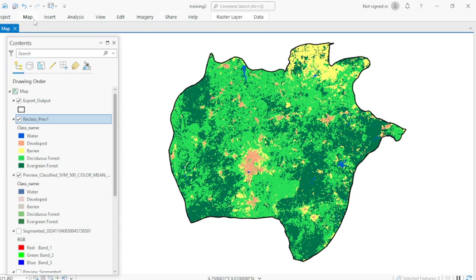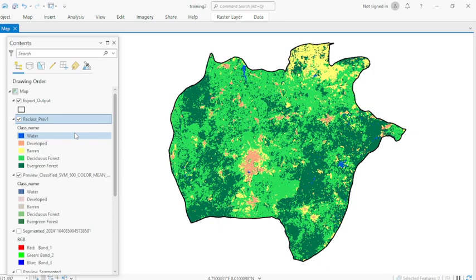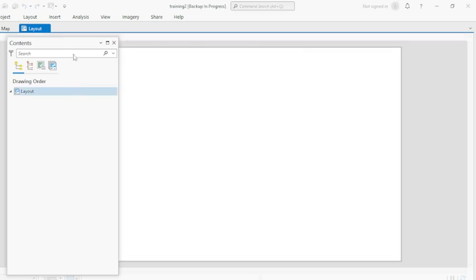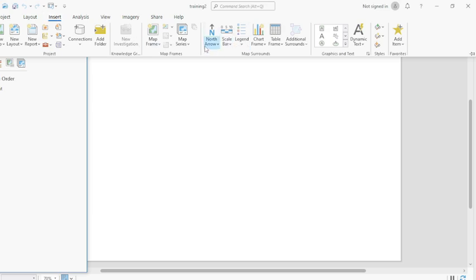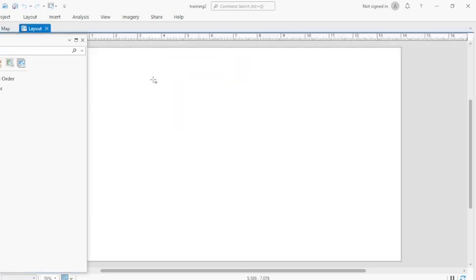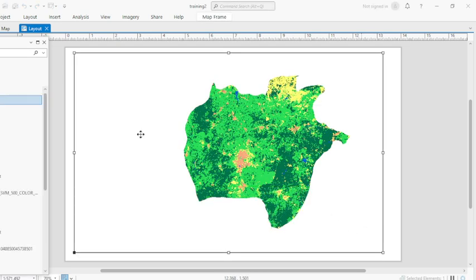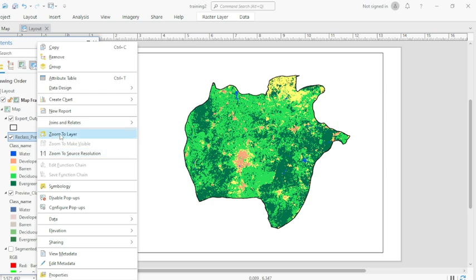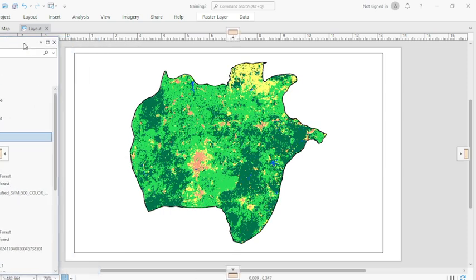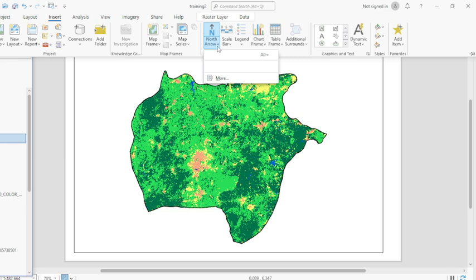We can come to this insert, come to new layout, you come to Legal, so then come to our insert bar, frame, you press this, so you can do this like this. All right, so on this, let's zoom it to layer, press zoom to layer. So here we can now add some other things. We can add our true north,